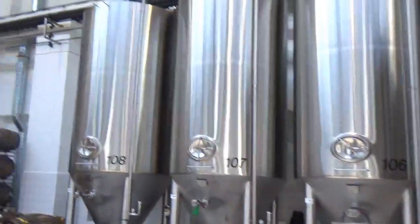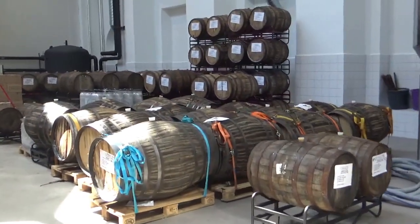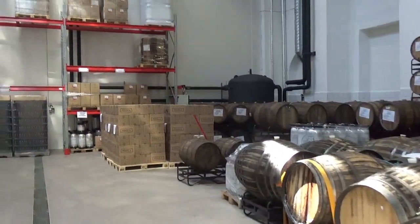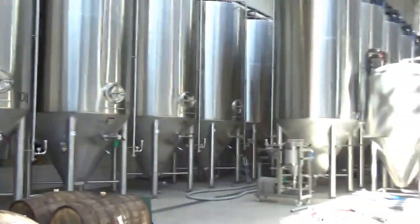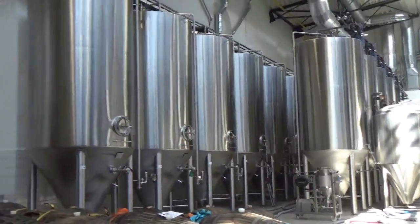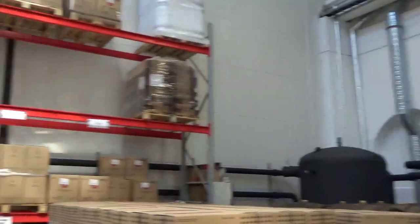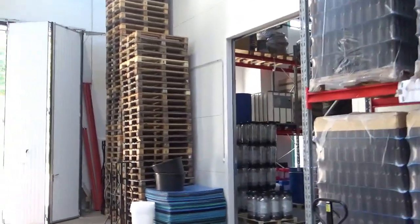But yeah, Ian was telling me that they can basically use all this space where the barrels are just now to expand. Whenever they're at full capacity, they'll have 3 rows of tanks all the way up this whole hall, which is pretty incredible. But then yeah, through here,